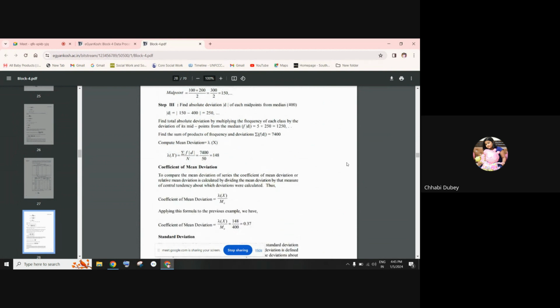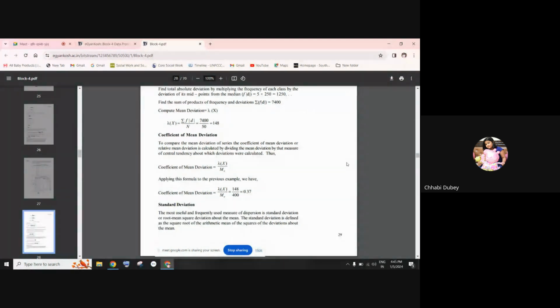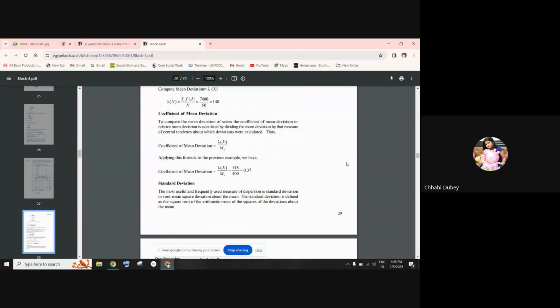Now, after the mean deviation comes the coefficient of mean deviation. To compare the mean deviation of series, the coefficient of mean deviation or relative mean deviation is calculated by dividing the mean deviation by that measure of central tendency about which the deviations were calculated. So we have this example here. We have this formula which can be used to calculate the coefficient of the mean deviation, and then we can finally